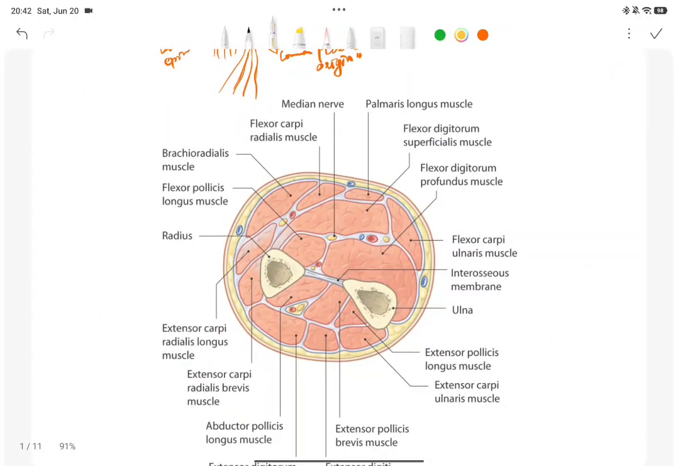So you can see over here the anterior compartment of the forearm, यहाँदेखि तिमीले देख्न सक्छौ। So this is the lateral intermuscular septum, and there is the radius, there is the interosseous membrane, there is the ulna, and this whole is the anterior compartment of the forearm. So anterior compartment मा हेर त तिमीले माथिपट्टि के देख्न सक्छौ भन्दा,